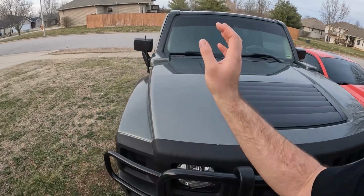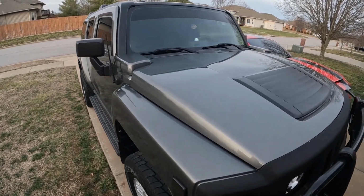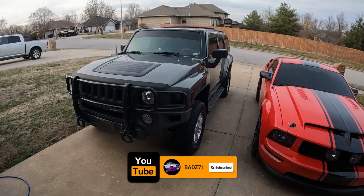You can get different stitching, like red, green, blue, white, or just play it straight with black, gray, whatever it is you want. Overall, I'm pretty happy. It's almost $300 for the front too, but